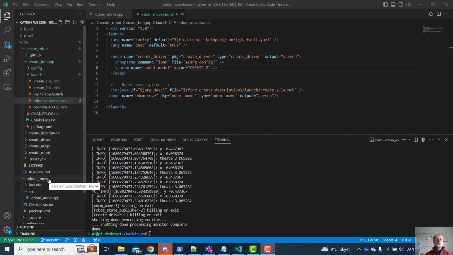And now I want to actually start both this odometry publisher subscriber program, as well as I want to use the create bring up package with the create driver in. So in one script now I